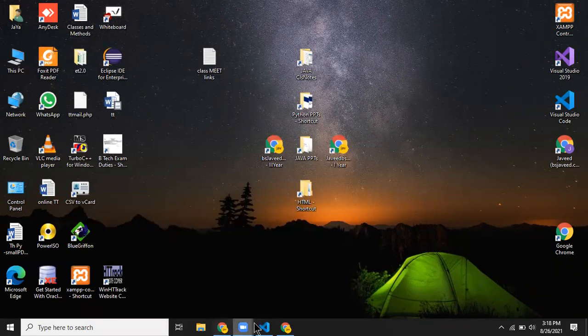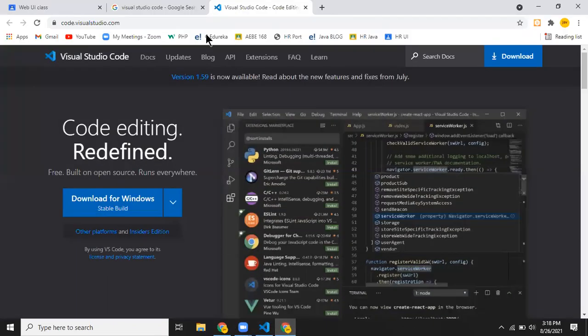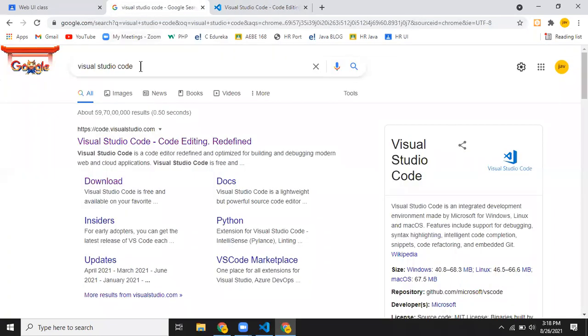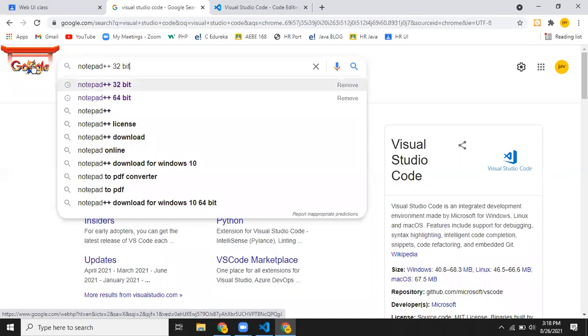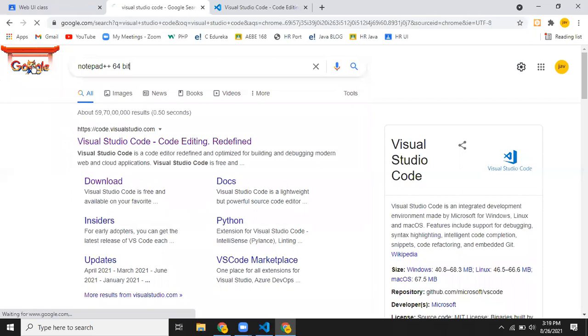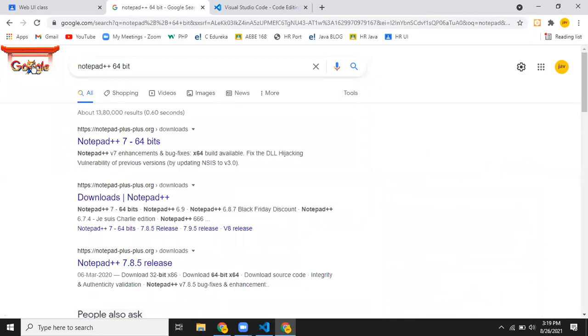Notepad++ is also a simple software. It's an open source software, what you call Notepad++. You can also use that. If you want to use Notepad++, just type it and select what you want to use, like the 64-bit or the 32-bit version. Then you press and search for it, and automatically it gives me a link, notepad++.org. This is my link, so you can use it by clicking on this particular link.